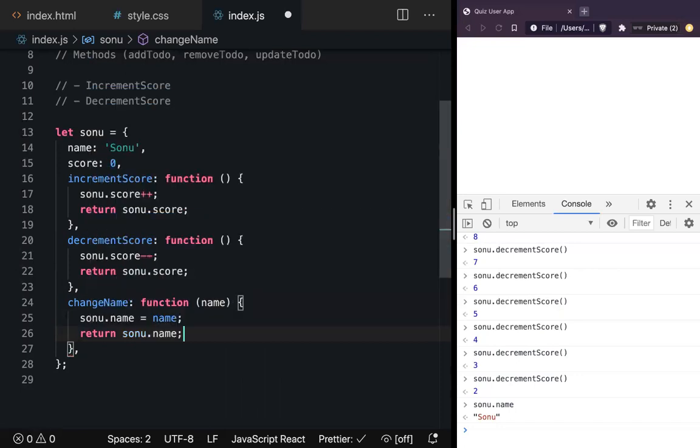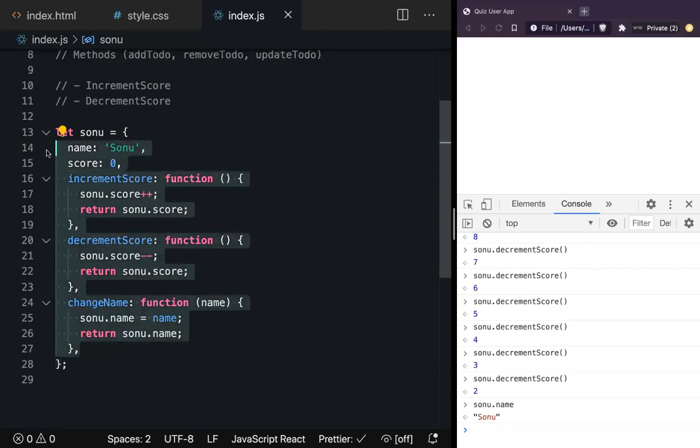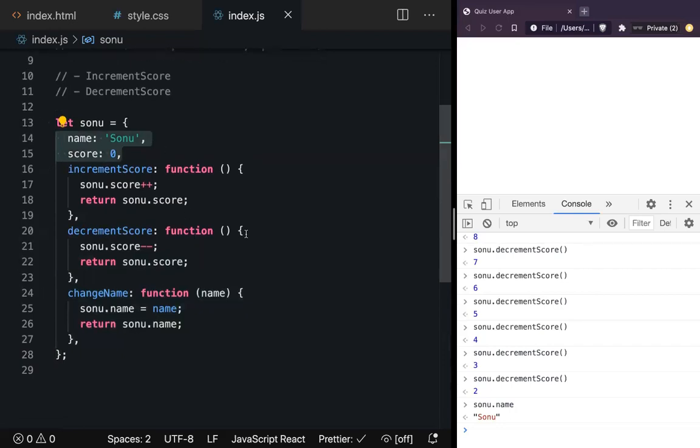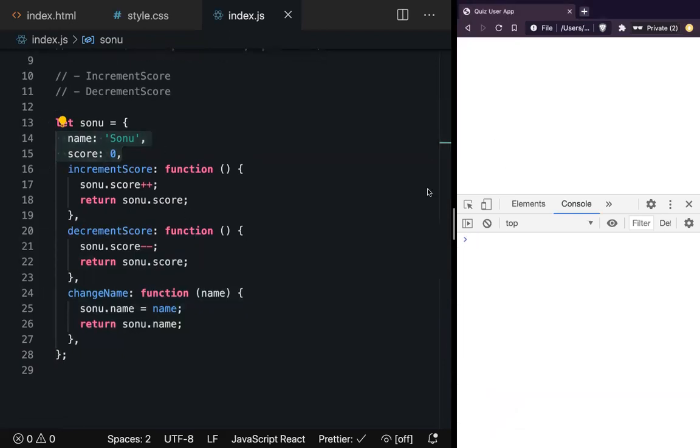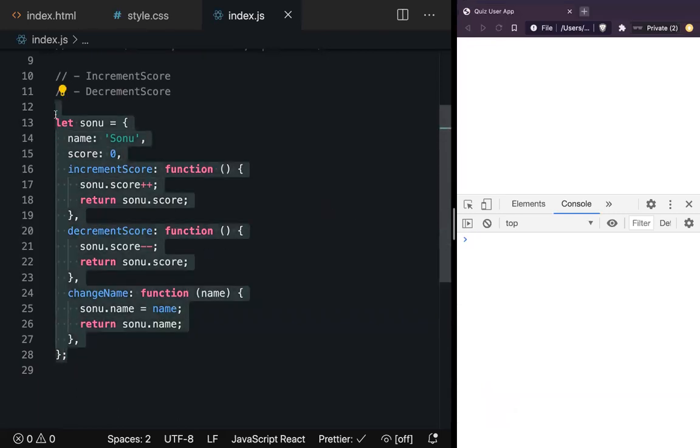Sonu.name. So I'm just saying, you can keep adding properties or methods, but the important part is that all these methods that we are writing are going to act only on these two important pieces of data, right? So right now we are implementing it in this way. How many of you see any limitation with this? Any of you who see any limitation with doing things like this?